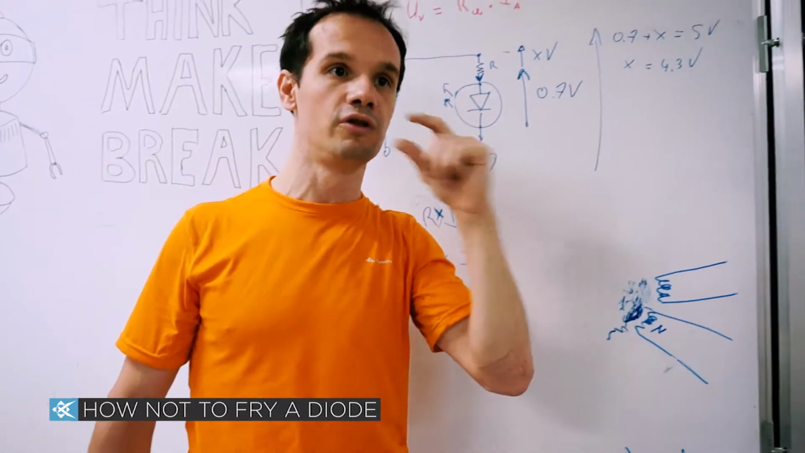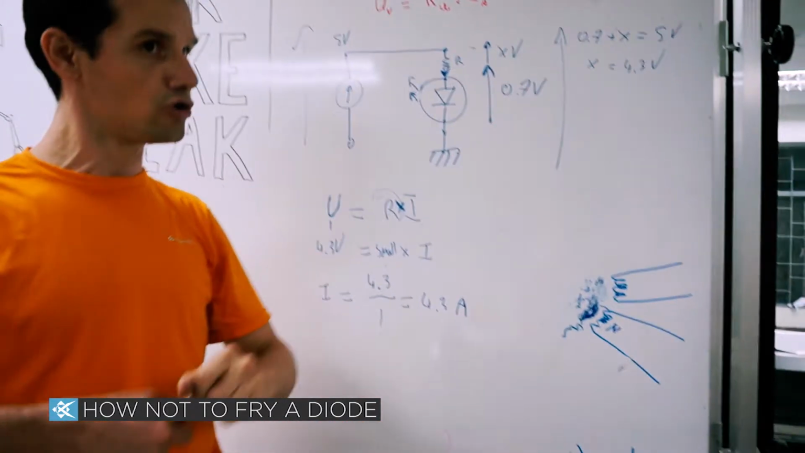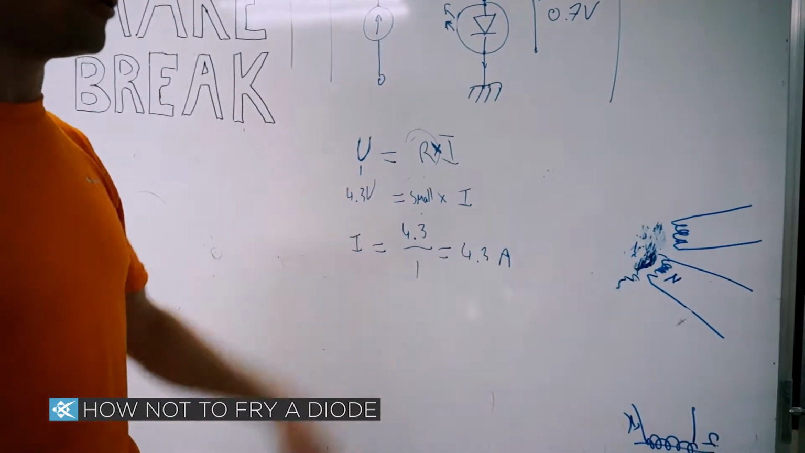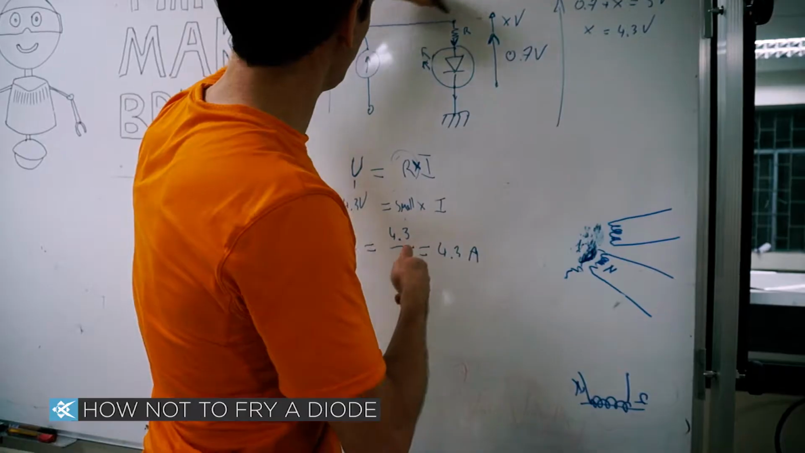Usually you have a fuse at 5 amps to make sure that things don't fry. So 4.3 is not a huge amount, but it's very significant. Definitely much more than a digital circuit will give you anyway, right? Yeah, 4.3 amps going